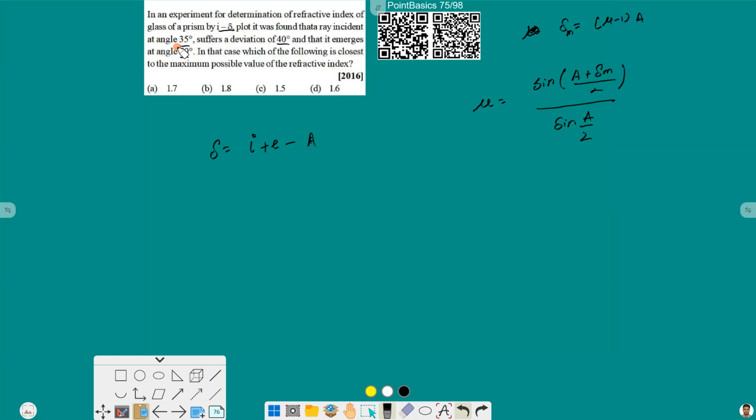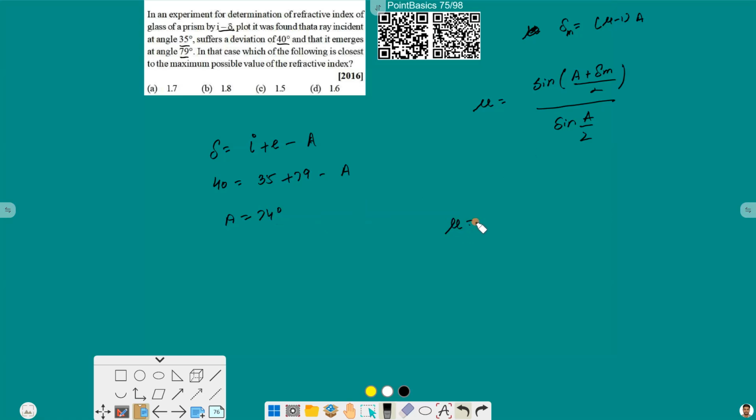Now I is 35, deviation is 40, and emergent angle is 79. So from this we can calculate A. So deviation is 40, I is 35 plus 79 minus A, and from this A will be equal to 74 degree. So